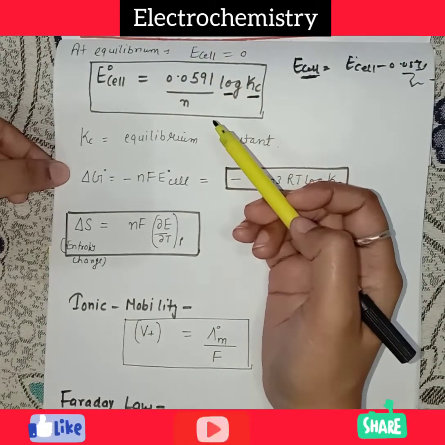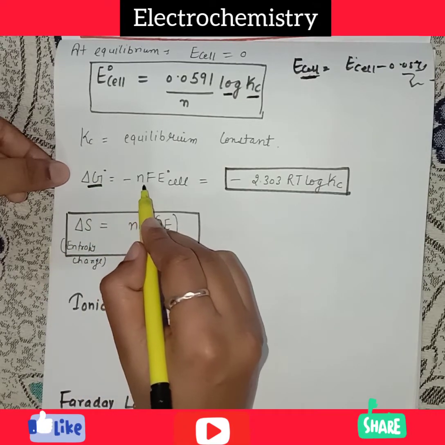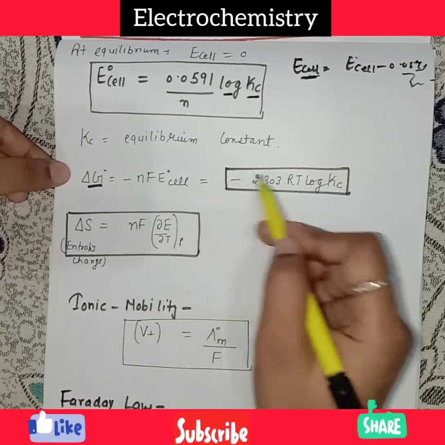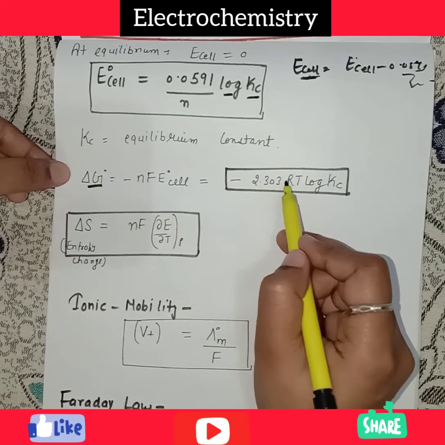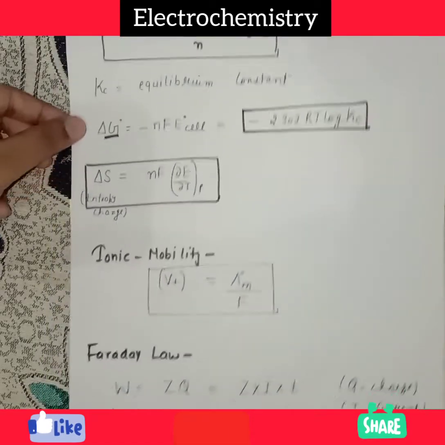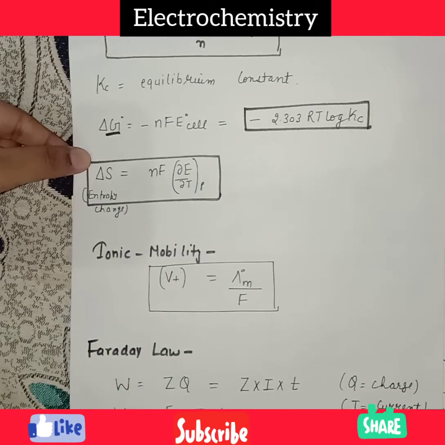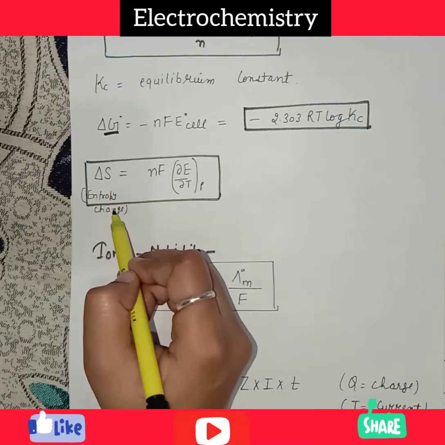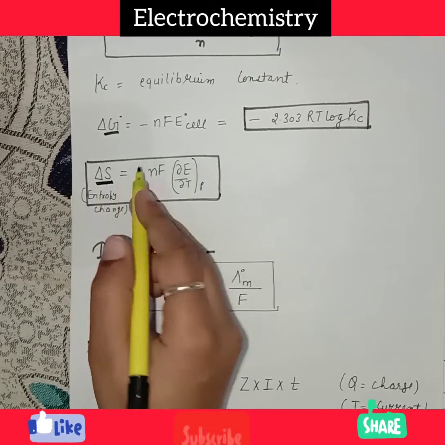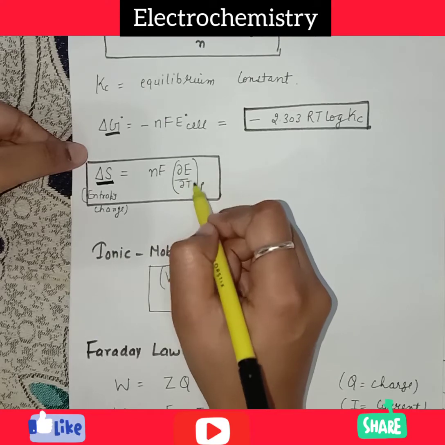Also this equilibrium formula. So guys, we know ΔG naught is equal to -nFE naught cell. It is also equal to -2.303 RT log Kc in the form of the equilibrium constant. Next, another very important one; all these formulas are very important, guys. Okay, so questions are derived from any of the formulas. Look, the entropy change: the formula is nF ΔE upon ΔT.